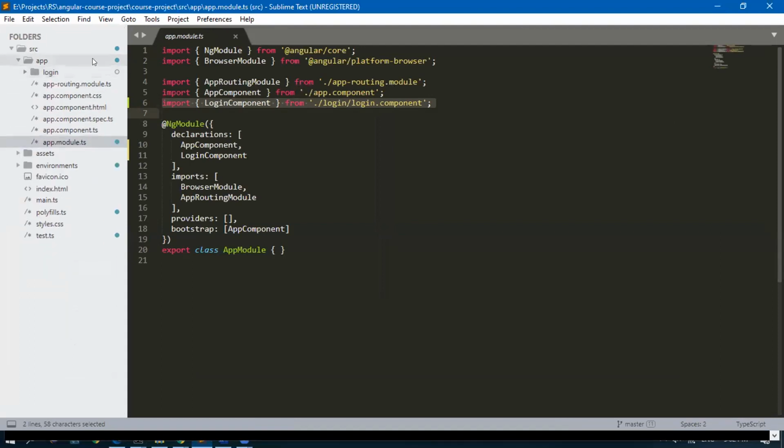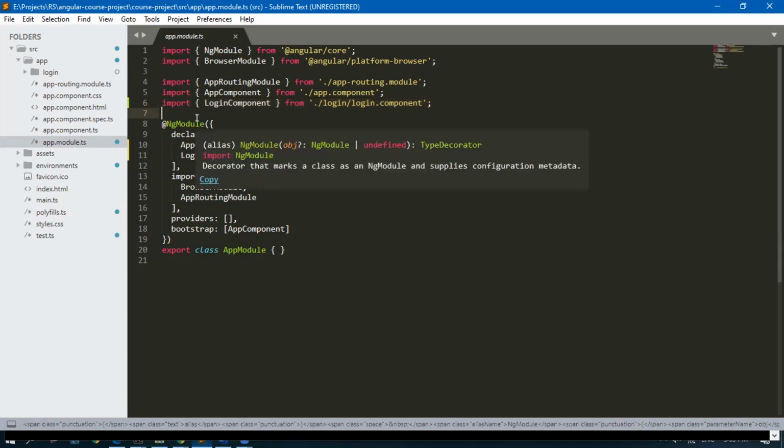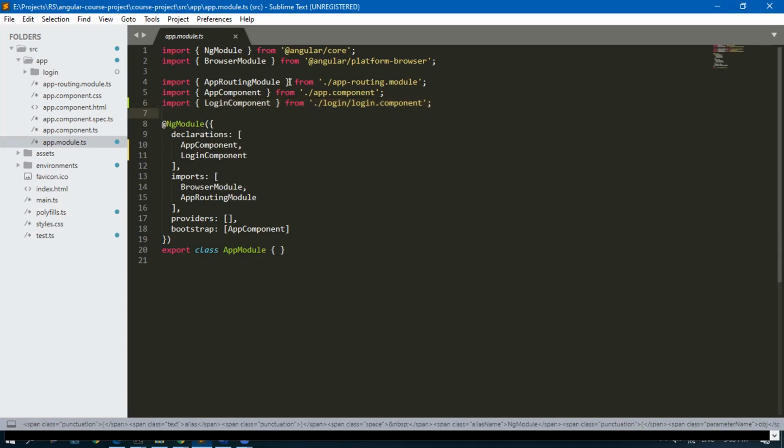There is a login folder. This is what we have to note. This is attached to the app module, which means when the app loads, this component will be loaded. We don't want everything attached to the app module. We will be creating separate modules afterwards.